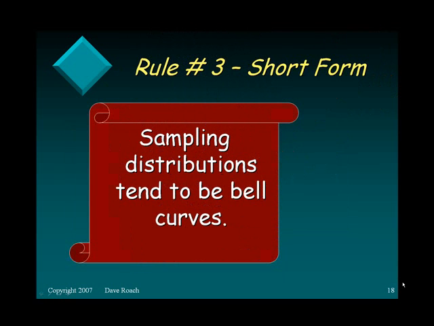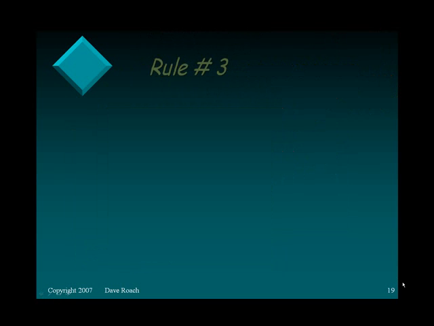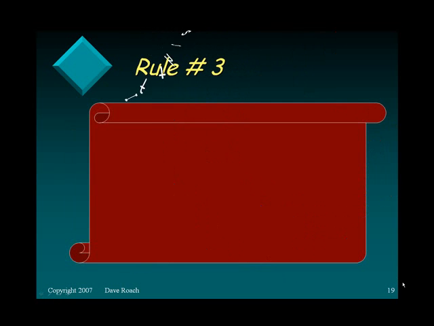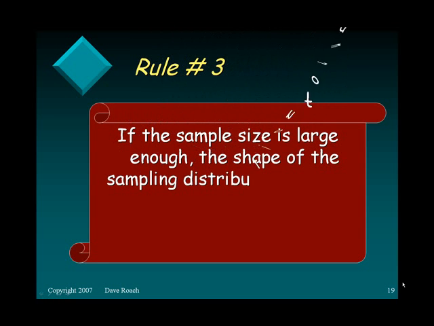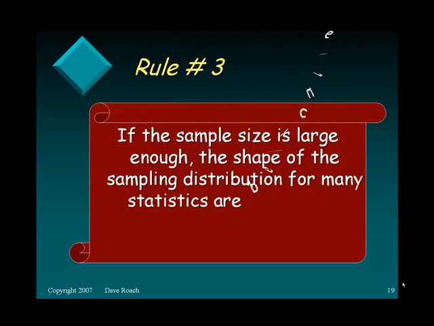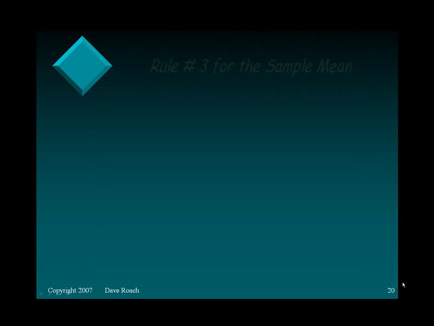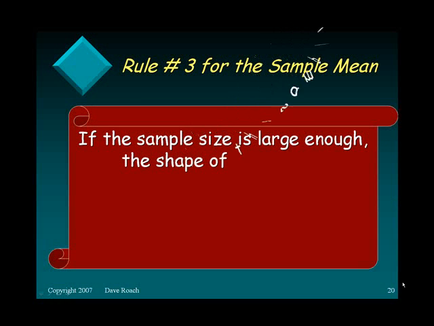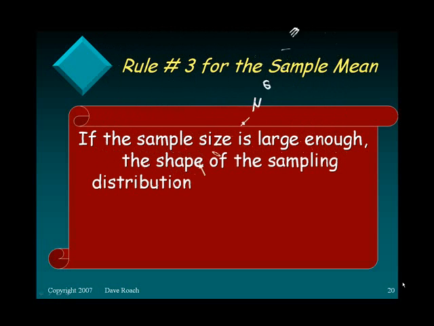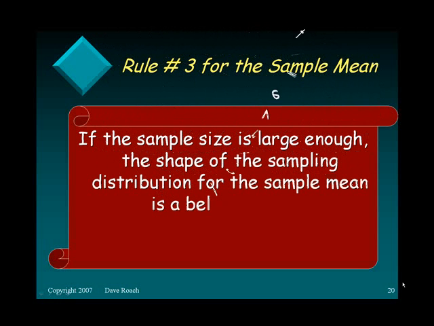So, sampling distributions tend to be bell curves. The key is going to be to take a sample size that's large enough, because if it's large enough, the shape of the sampling distribution for many statistics will be bell curves. Specifically, for the sample mean, if we have a large enough sample size, the shape of the sampling distribution will be a bell curve,